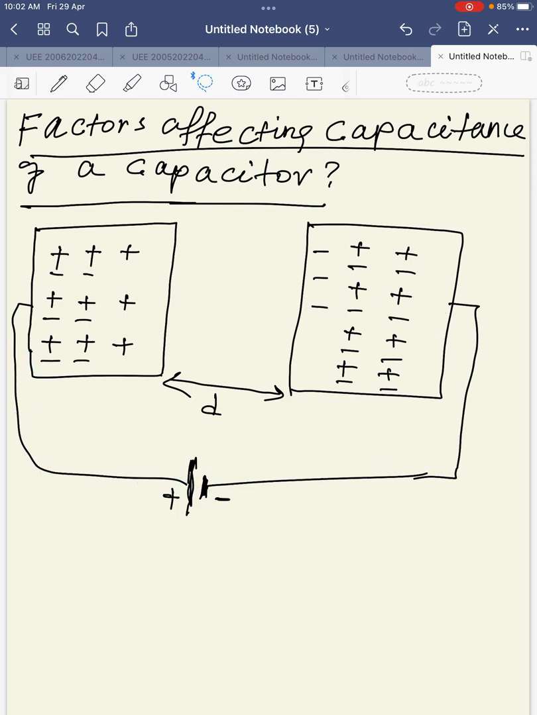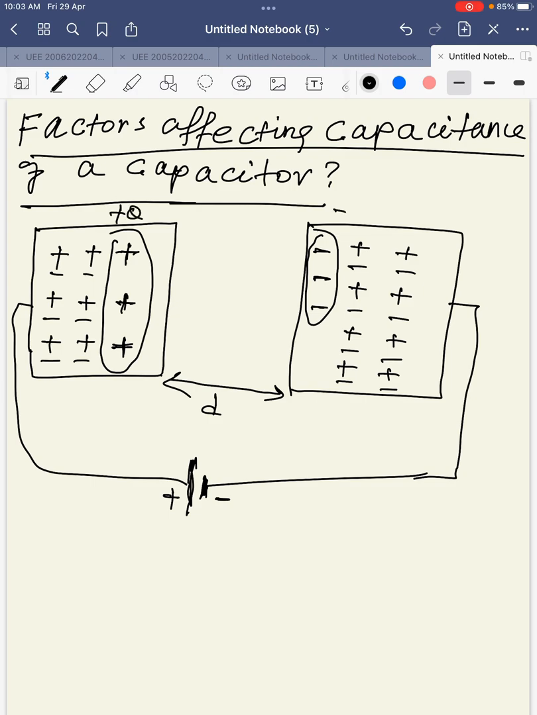Now look. Positive charges are stored here, and negative charges are stored here. The number of electrons, 1, 2, 3, is equal to the number of positive charges here on the left side, 1, 2, 3. Therefore, we say this is plus Q, and this one is minus Q. The positive and the negative charges are equal in magnitude,